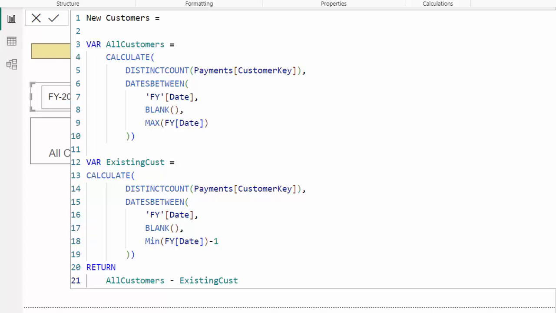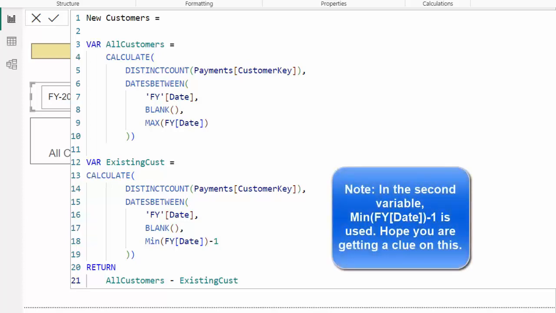The first variable stores the number of customers within a specific period. The second variable stores the count of distinct customers before the time period in filter context. In our example, if I am talking about year 2018 and 19 being filtered, then the second variable will be referring to the period called